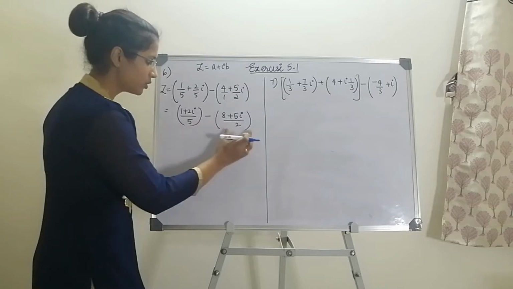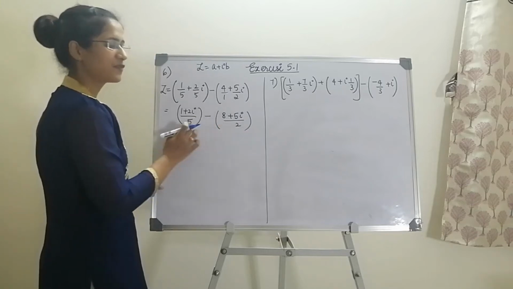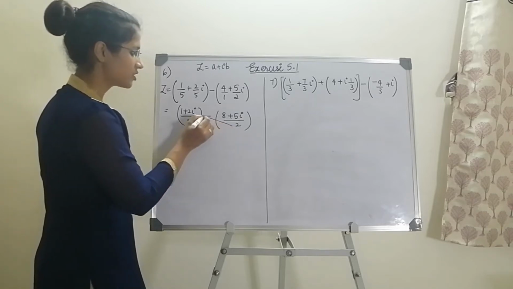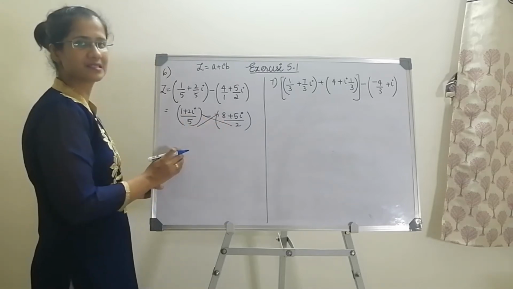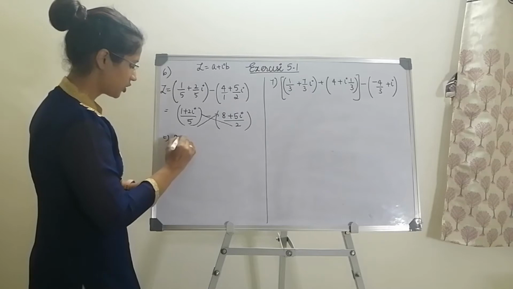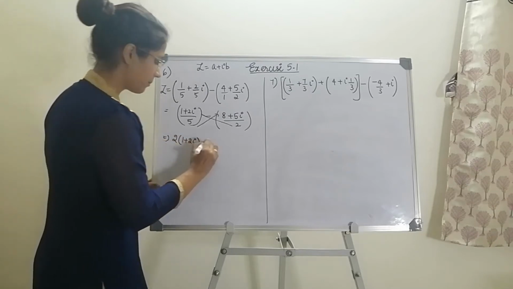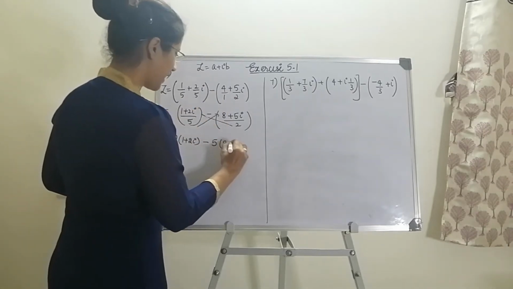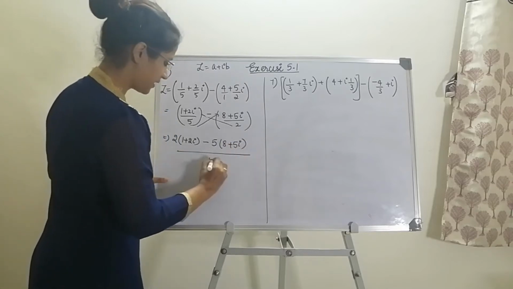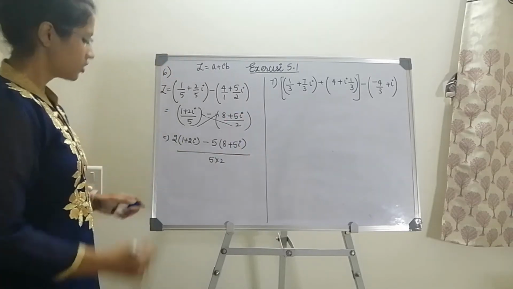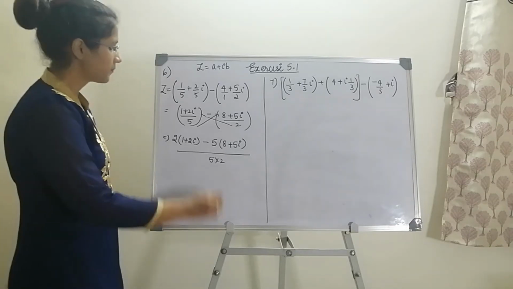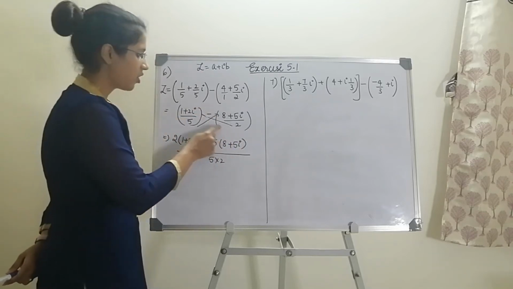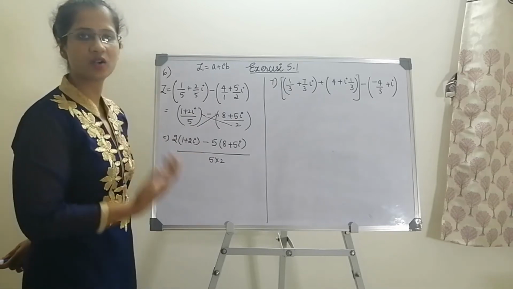Correct? So when I have two terms and a minus sign, again I will have to find out LCM for these two terms. So that time what will I do? I will cross multiply this 2 and 5 to this side. So what will I get? I get this as 2 into 1 plus 2i minus, there is a minus sign here, please don't forget, minus of 5 into 8 plus 5i whole divided by 5 into 2. So please bear in mind, my dear learners, whenever I have denominators which are different, I will always cross multiply to find out my LCM.